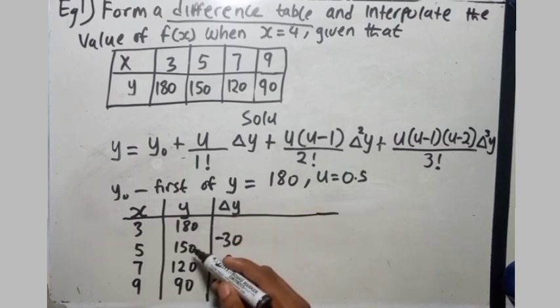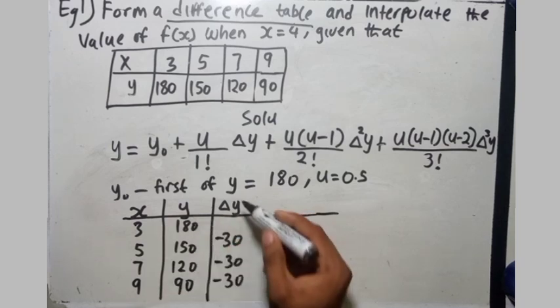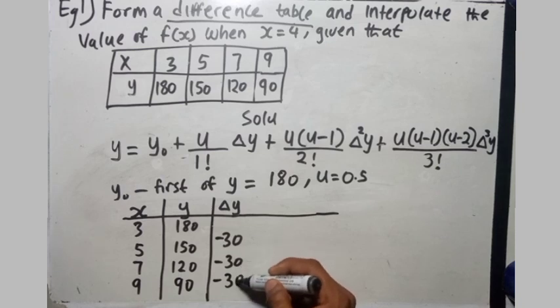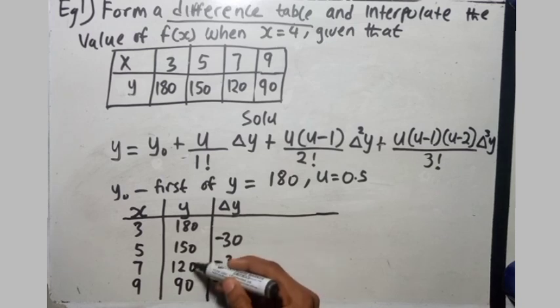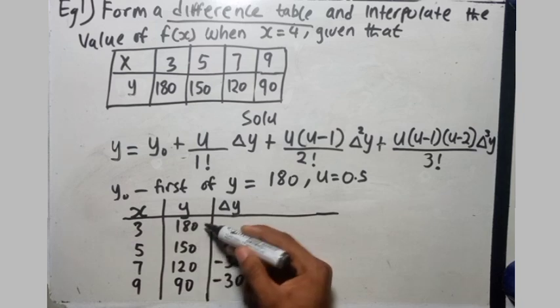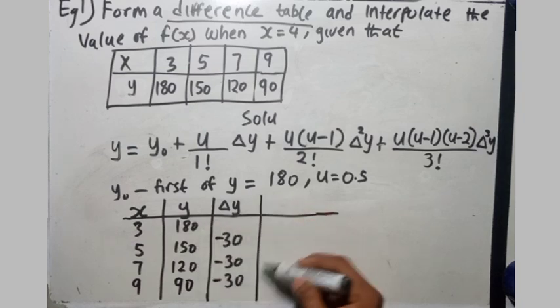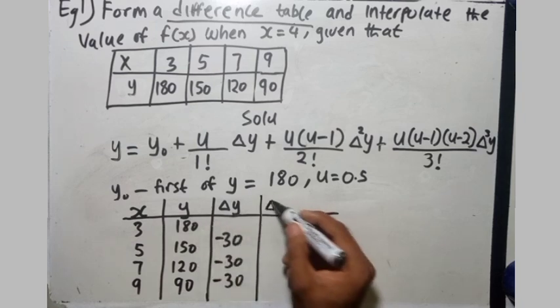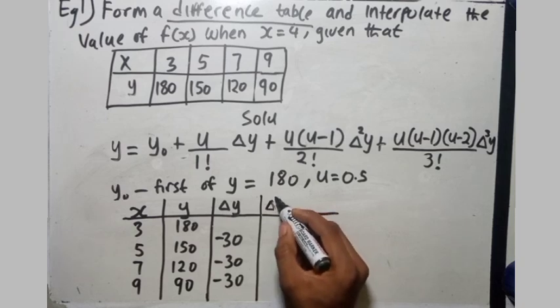For instance, we have 4 values here, but our change is now reduced to 3, which is just the difference between this and this, this and this, this and this. So we have gotten that. Moving over to the second difference,